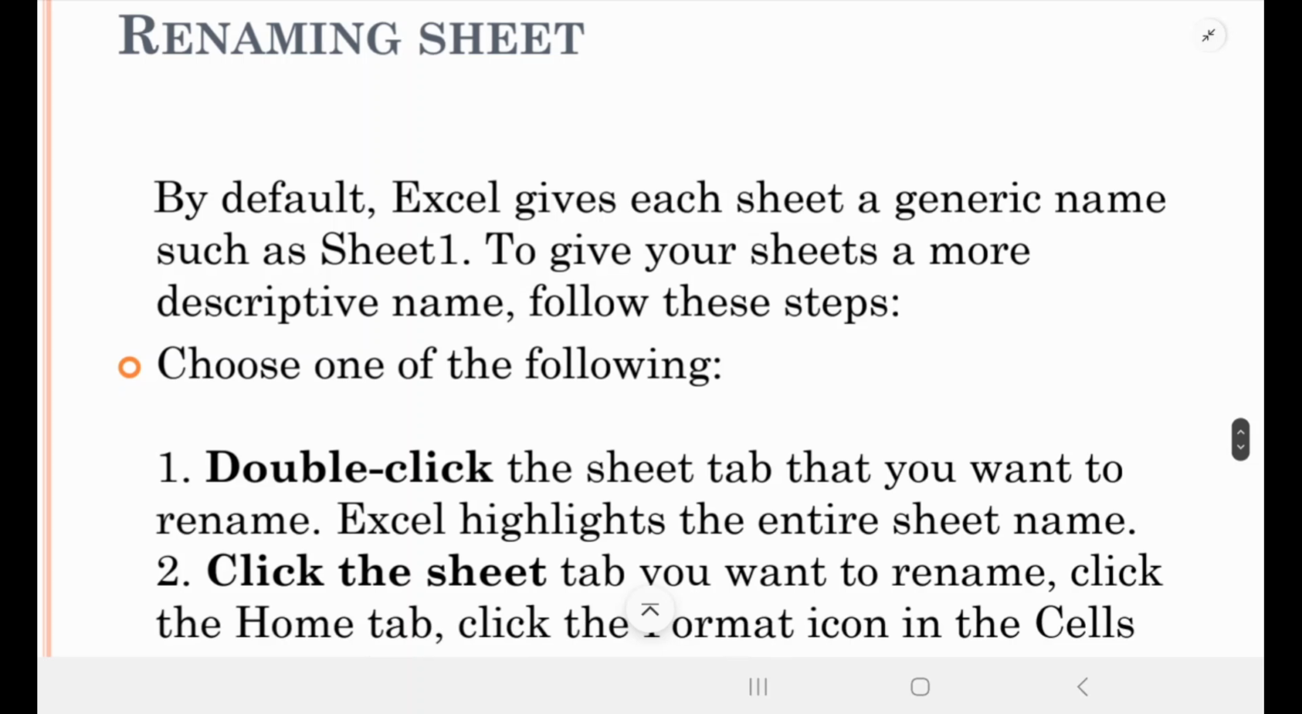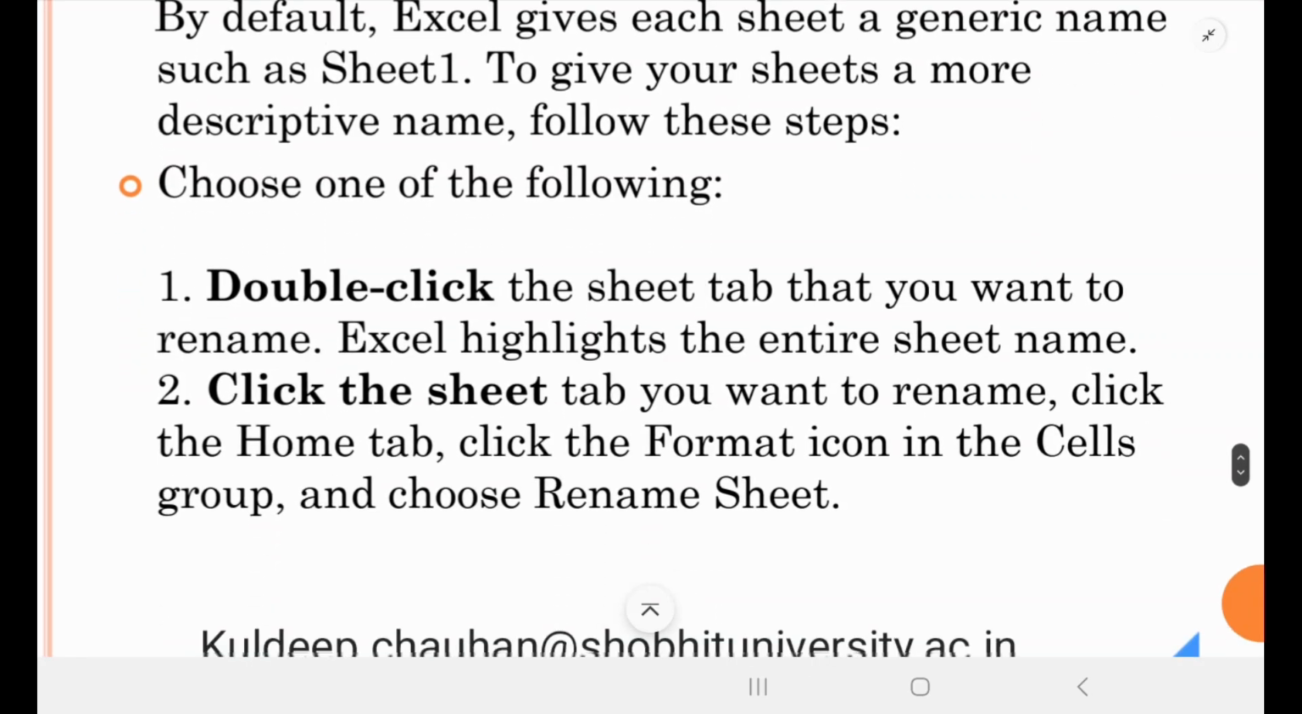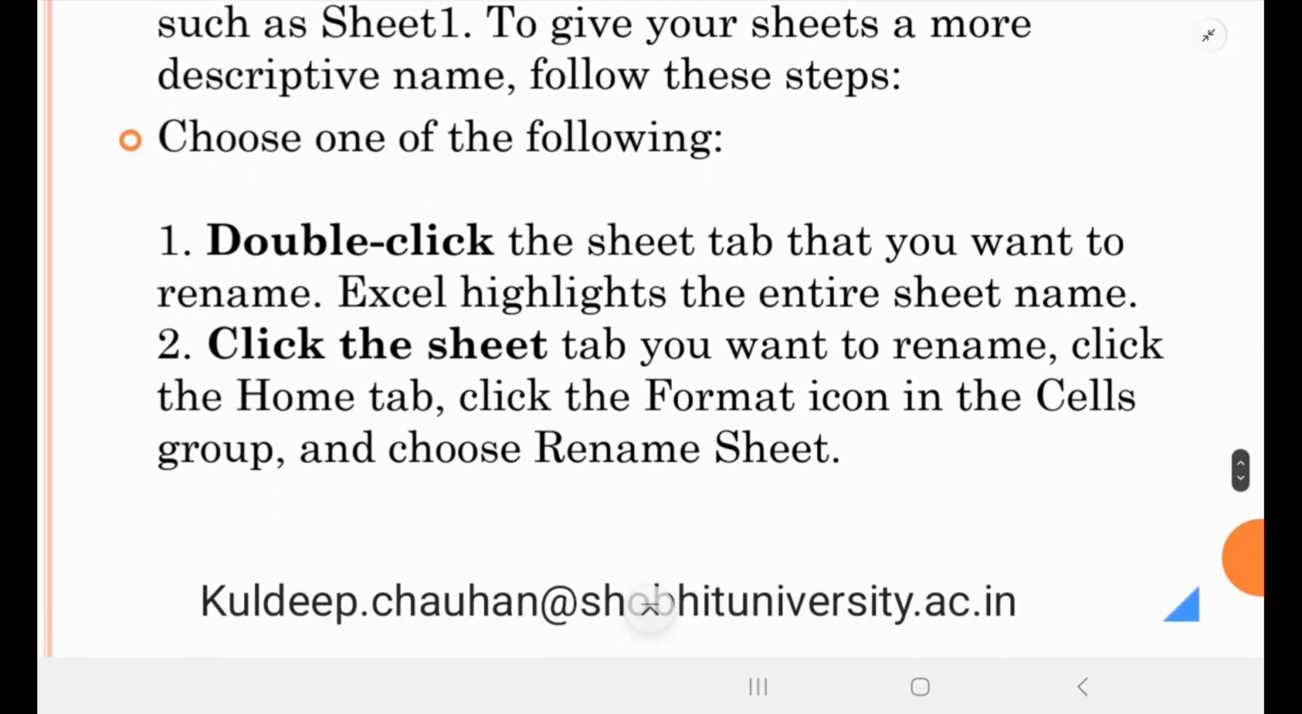The next topic is how to rename a particular sheet. To rename a particular sheet, we can choose any one of the following methods. The simplest method is to double click, as we have learned in previous lectures. Double click on the sheet name, and you can change the name of a particular sheet,